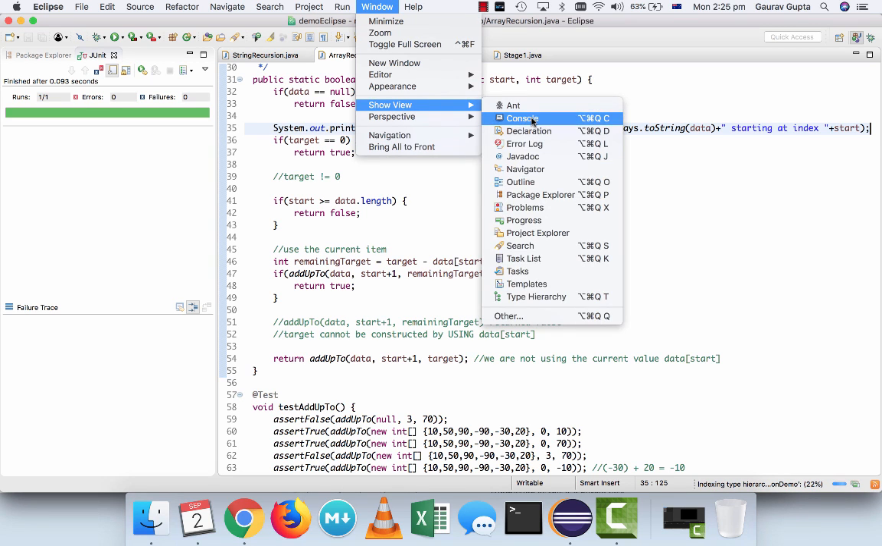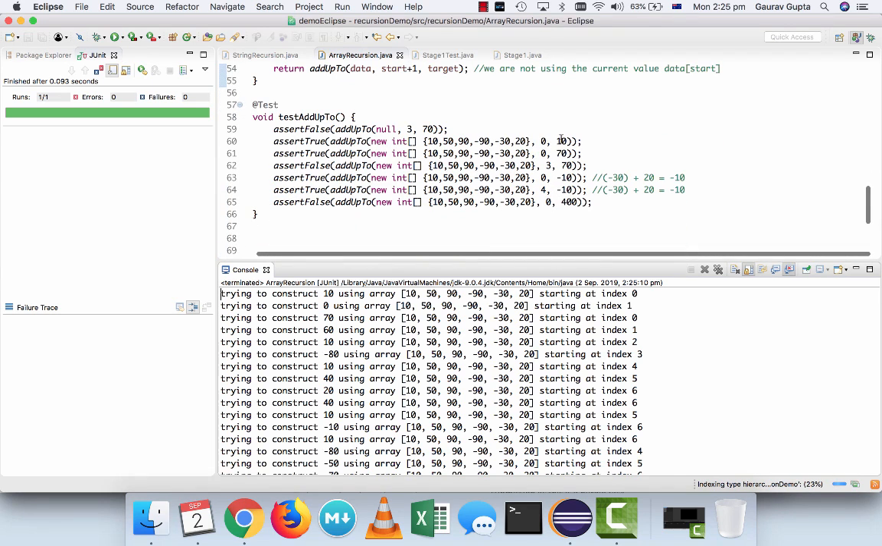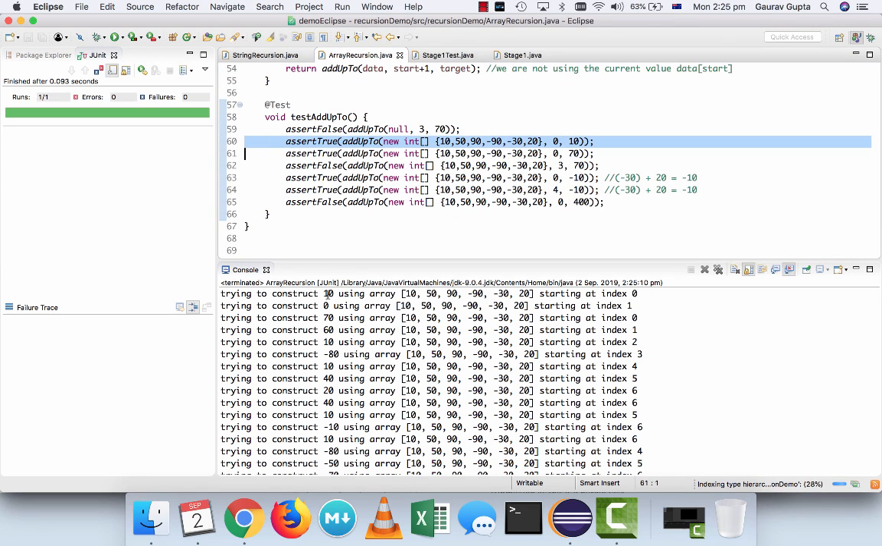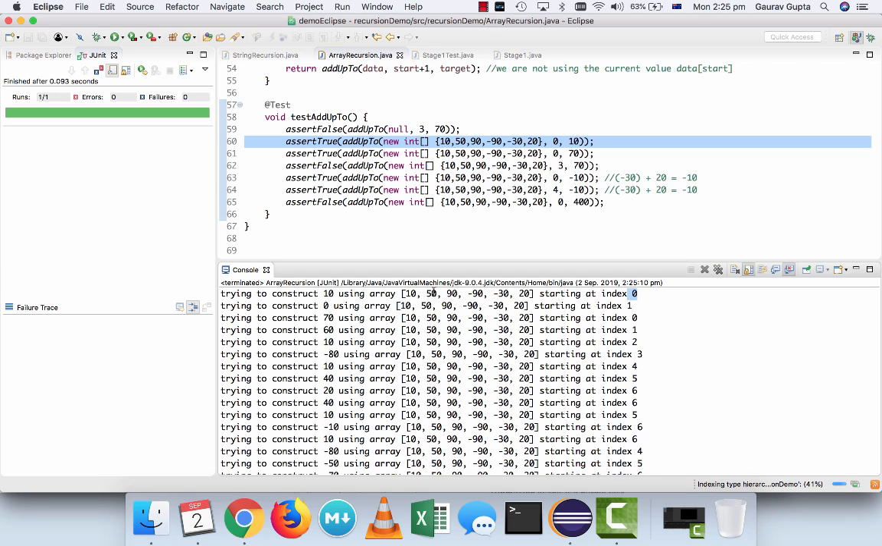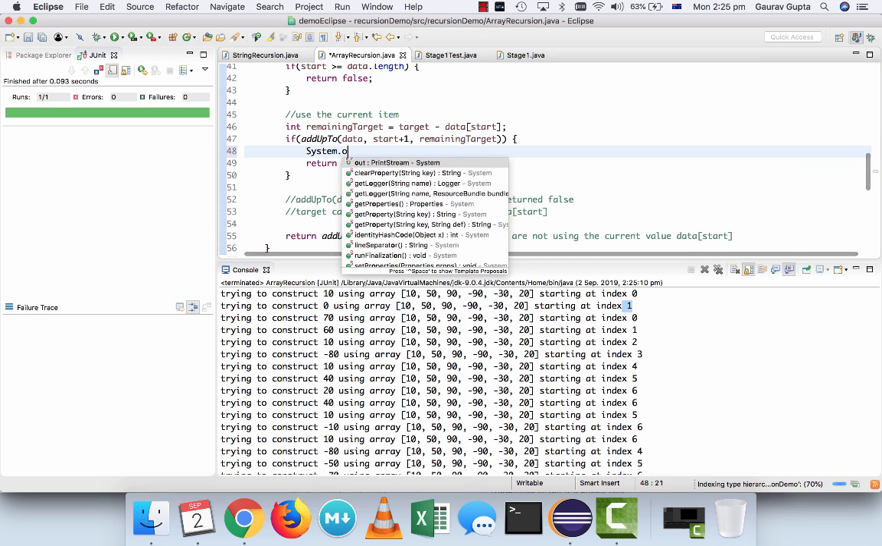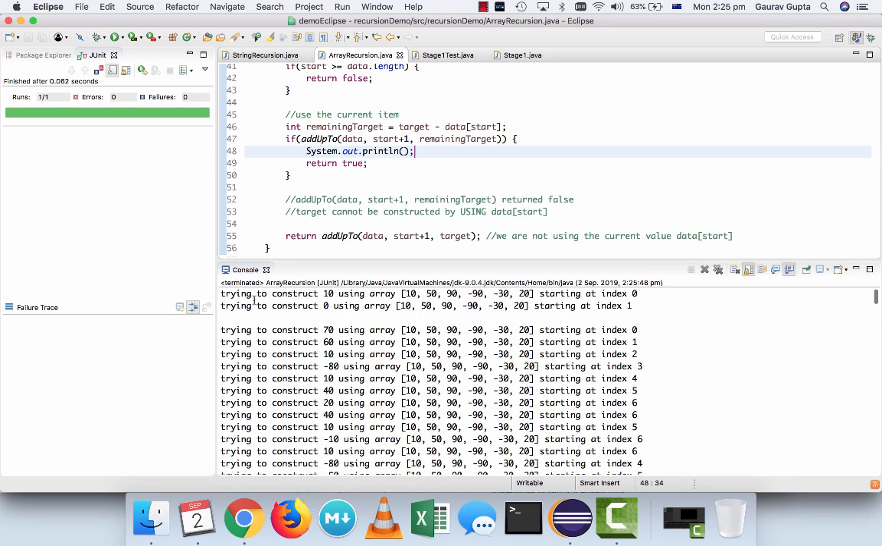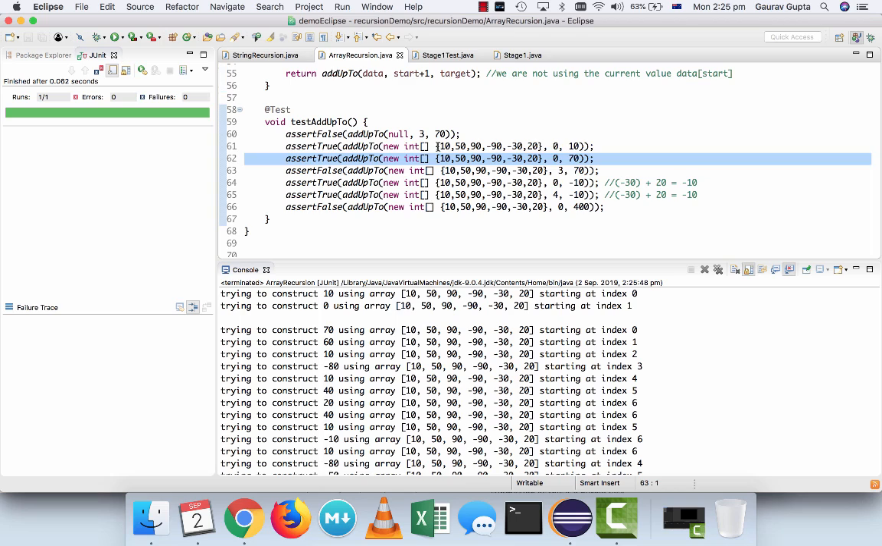and show the console, you can see heaps of messages. You can see it's trying to construct the original value. This is for the function call at 60. 10 starting at index 0. If we use the 10, it tries to construct 0 starting at index 1, and my test passes. So whenever my test passes, I'm just going to also add a change of line so that it's clear that that test is over. And you can see my first test, which tries to construct 10 with this array, passes